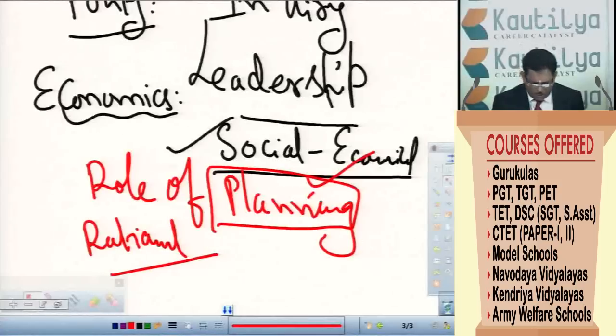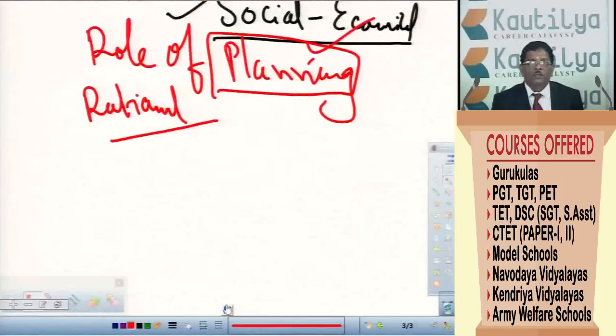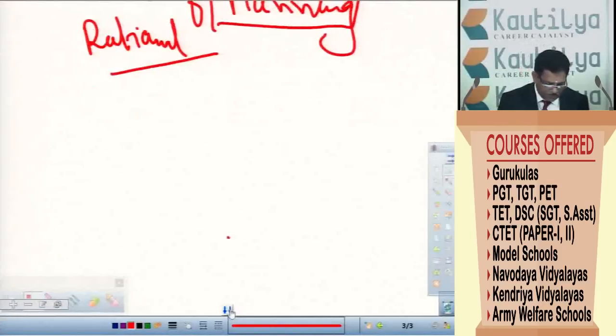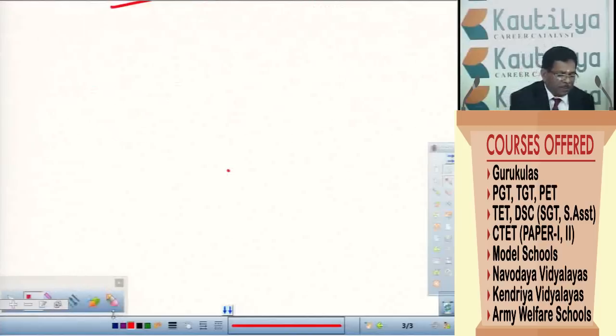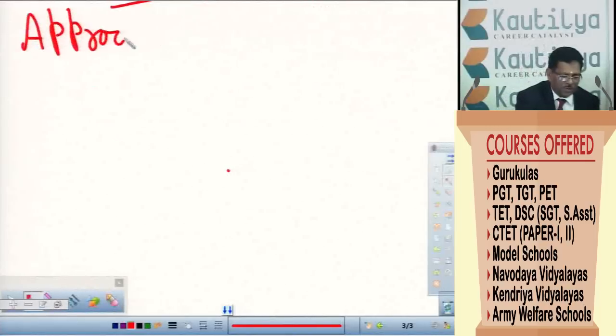Then what about the nature of the curriculum of social sciences? How can we construct the curriculum to teach the social sciences for high school kids or at the schooling level? There are different approaches to construct the curriculum. Among them, the basic approaches for constructing the curriculum are: